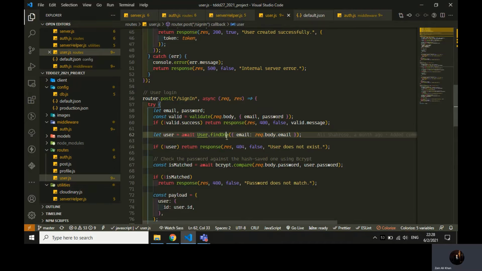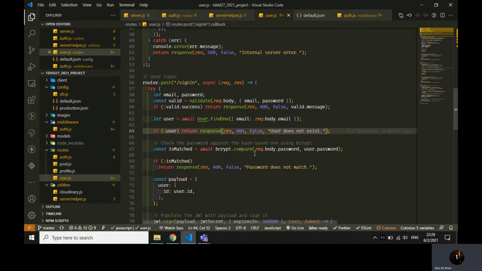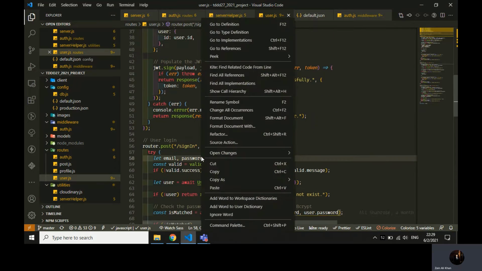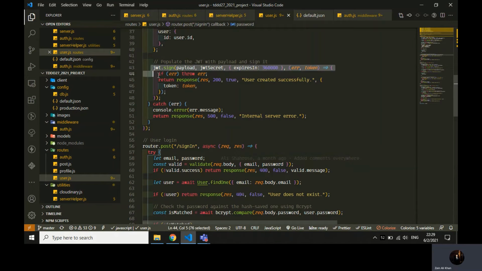Here we are checking find one user by the email, and we are returning the response. If the user doesn't exist, it shows the user doesn't exist. If it matches, we are comparing the current password with the password that is already stored in the database. So we are just comparing it, and if the password matches, then we are creating the same JWT token